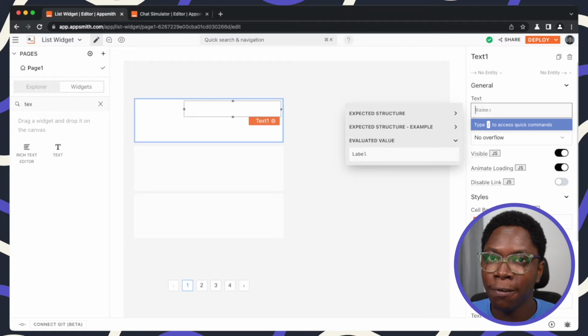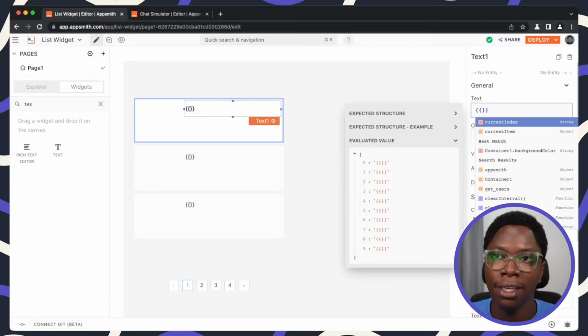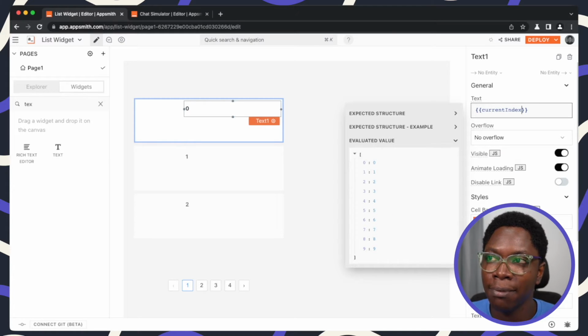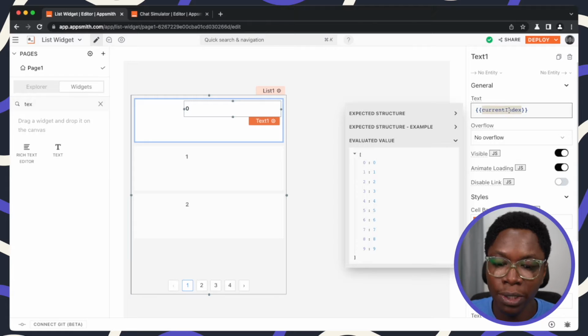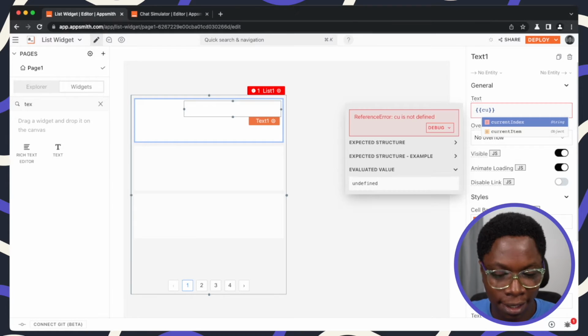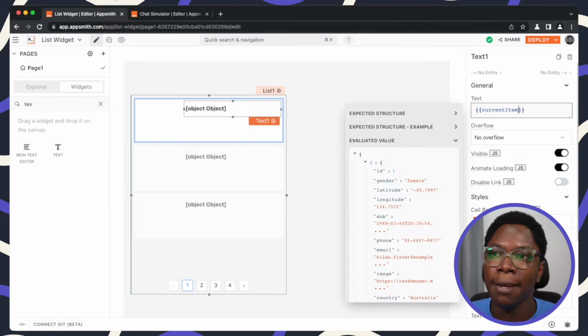So for this text widget, what I'm going to do is make sure that I pull in the name of the user from the current item in the list. And I can access that property by writing the JavaScript binding. And here I have both the current index available to me. So if we say current index, for example, this is index 0, index 1, index 2. Now what we need is actually current item,